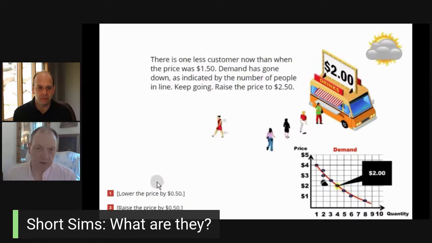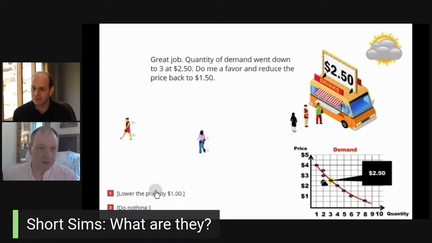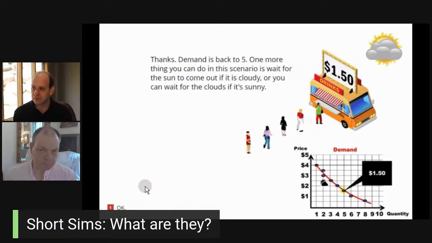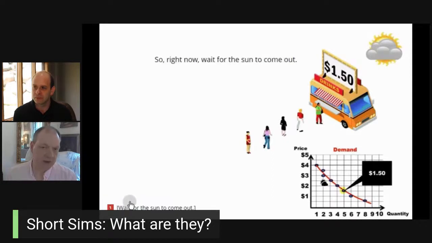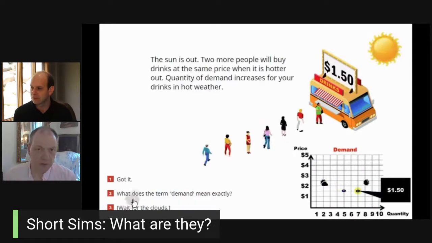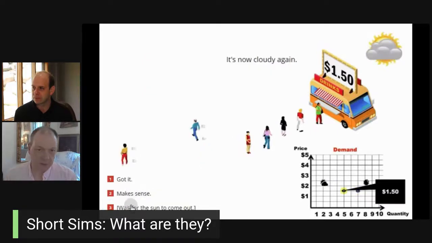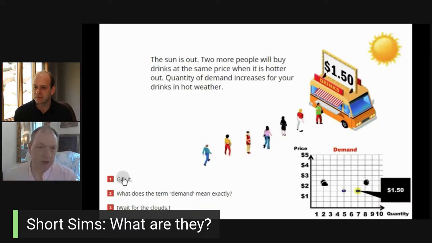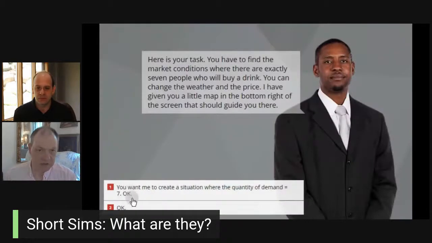This right here is a short sim around the demand curve. And what's fun is that you control the price of a drink, and so you can raise it and lower it. And you can see there in the bottom right-hand corner a demand curve that's actually showing you where it is on that. And it's a fun way. It's a very lab-like way. It's a fun way of experimenting with the concept of demand curves, where you can really teach yourself.